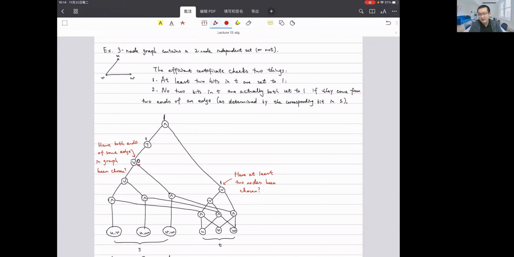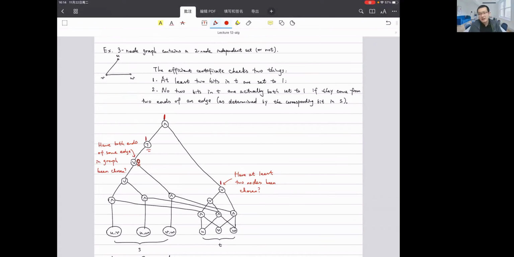Basically, as long as it is actually a valid independent set, we are going to have a 0 answer to this question, if and only if. So this makes the whole construction of the circuit suffice with a NOT gate here to turn this into a 1. And basically the value that we are going to return is a 1 if and only if both parts return 1, which means that before the NOT, it is a 0